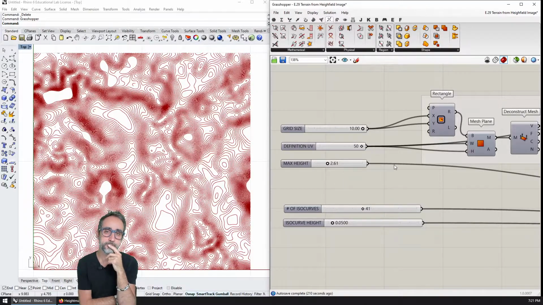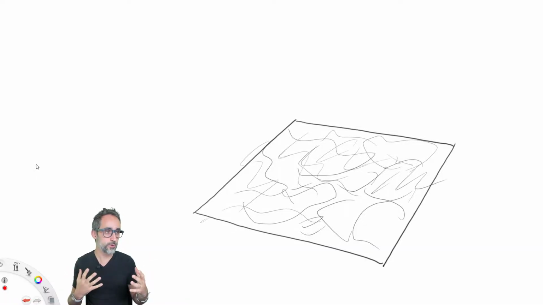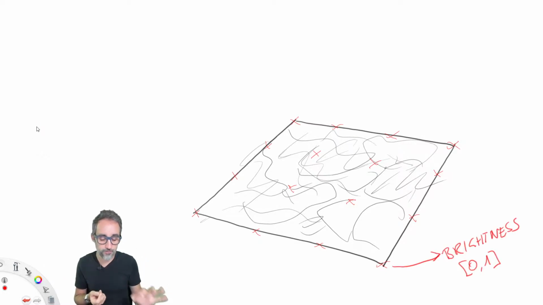Let's do this. This exercise is going to be super simple and super easy as well, because it's going to be just basically mixing everything that we know how to do at this point. So we're going to start imagining that we have an image, and that image has some kind of grayscale tones to it that represent how high a particular terrain is. And then given that, it's going to be as simple as we have done in the previous exercises, where we're going to basically sample that image with a grid of points. For each one of those points, we're going to fetch the brightness of the image as a value that is inside of the range from 0 to 1, so 1 being very bright and 0 being not so bright.